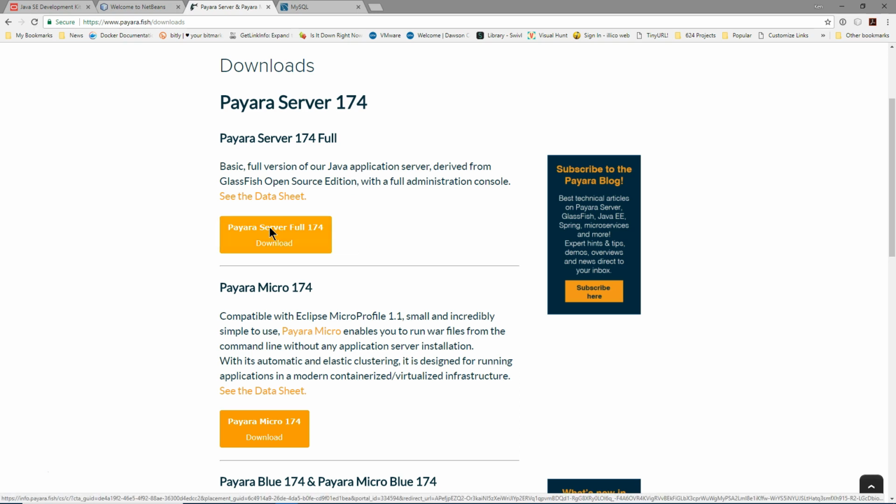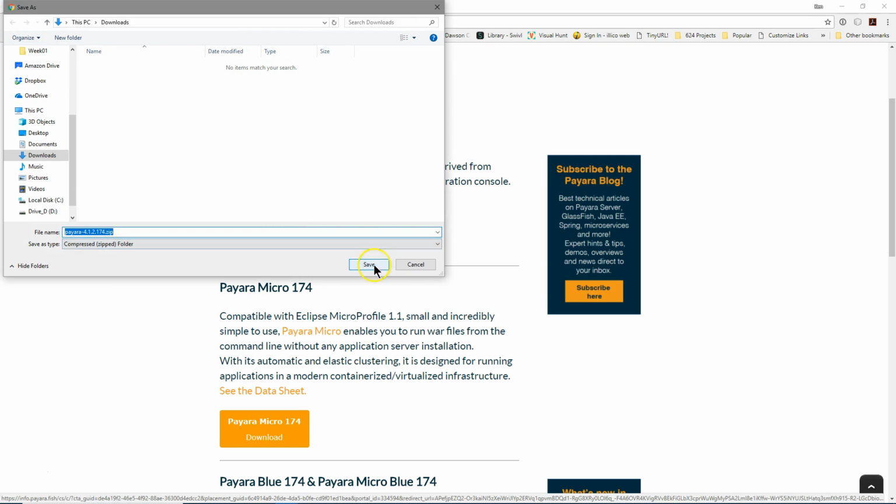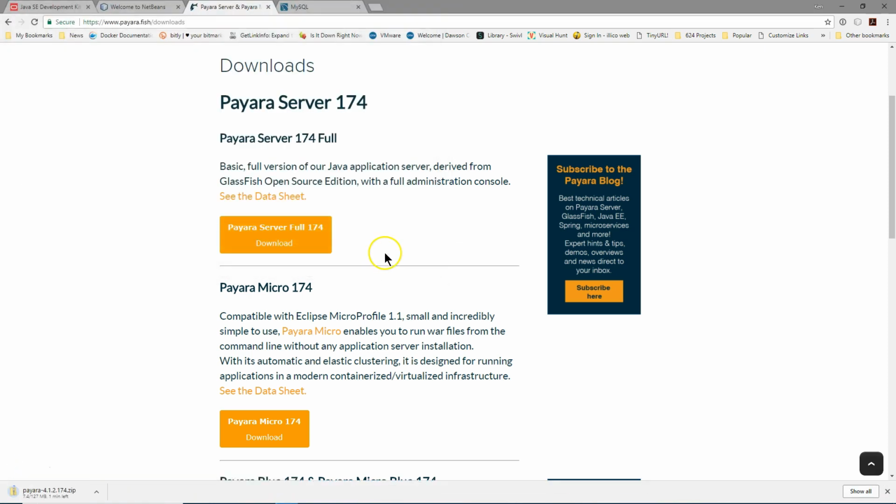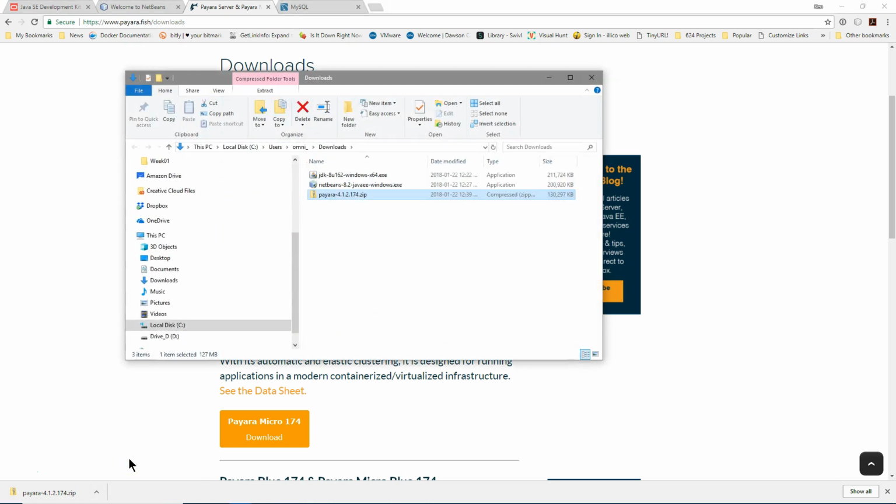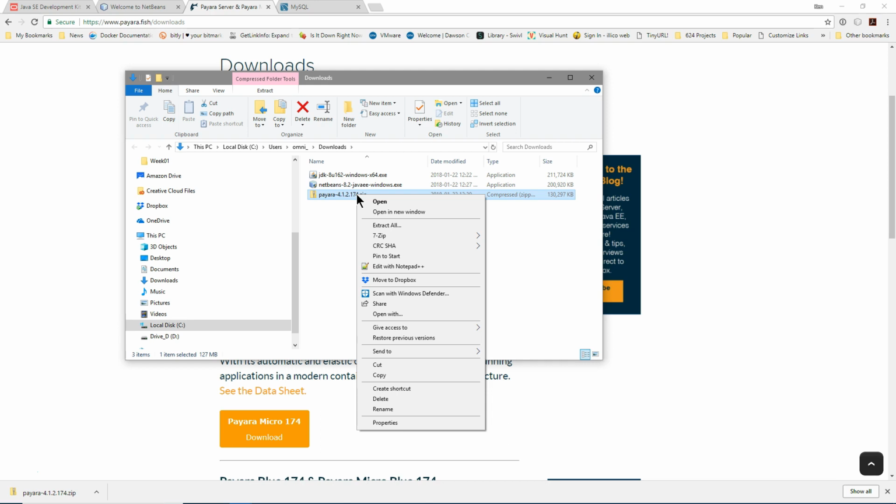So I'll select it. Again, where do I want it downloaded? We can see here it's downloading fairly quickly in the bottom. The download is now complete, but rather than click on the file, on my Windows system, I'm going to say Show in Folder. There's my zip, and what I want to do is unzip it. So I have 7-zip on my machine, whatever you're using. I'm going to